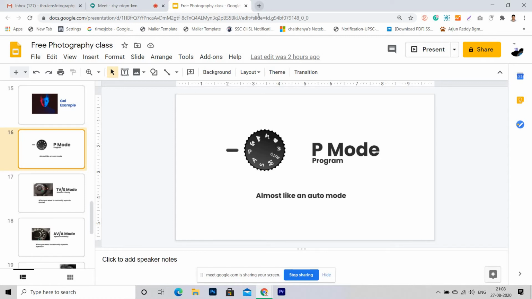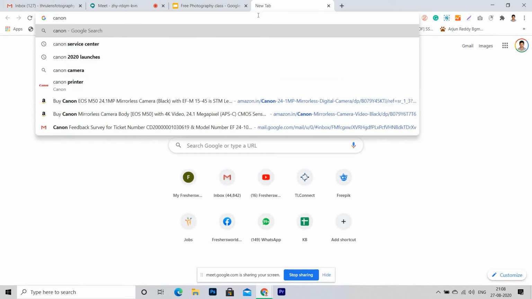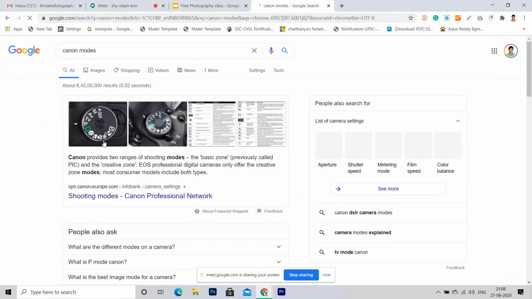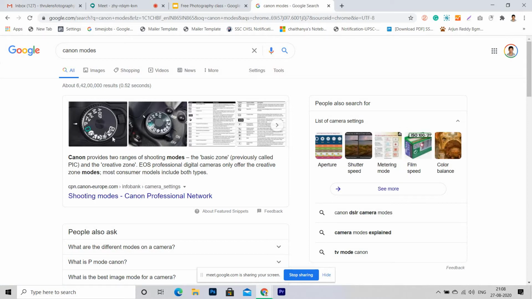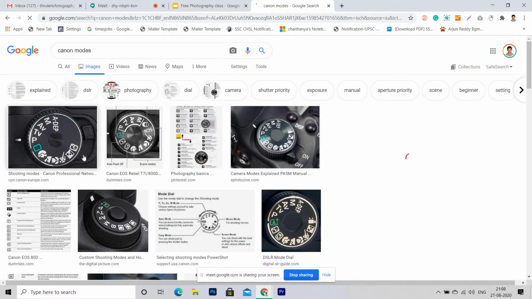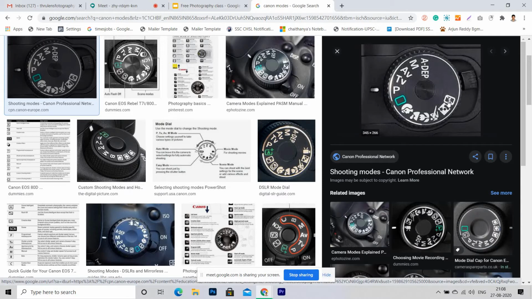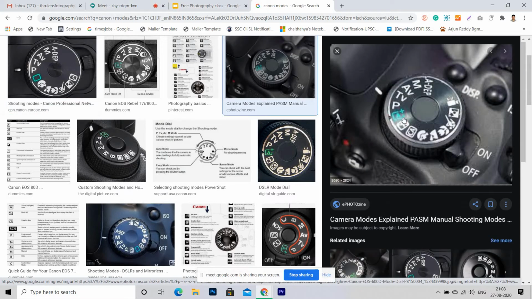I'll just show you in a Canon camera right now. Actually, I forgot to make it. Canon modes. See, in this picture it is there. So here you can see, right? Can you all hear me? Yes, yes, yes. So basically, this option will every time be next to this, but here it is showing that. See, next to auto only, that functionality will be there.